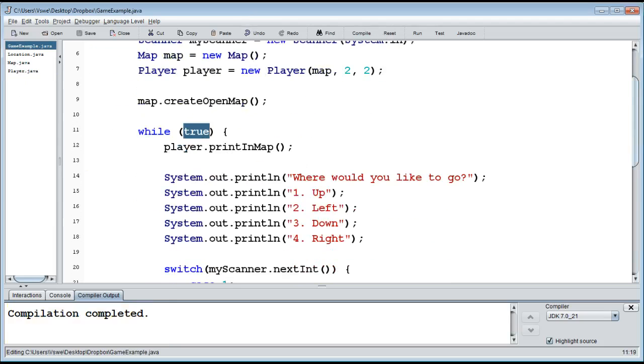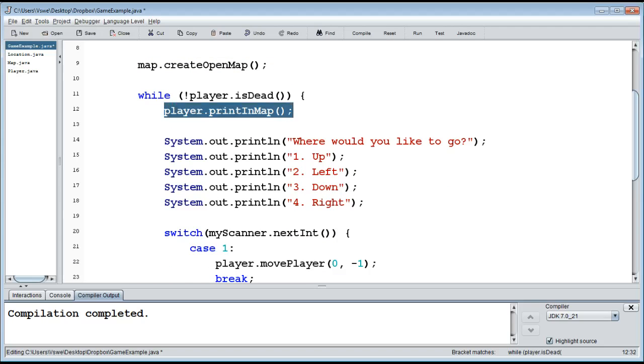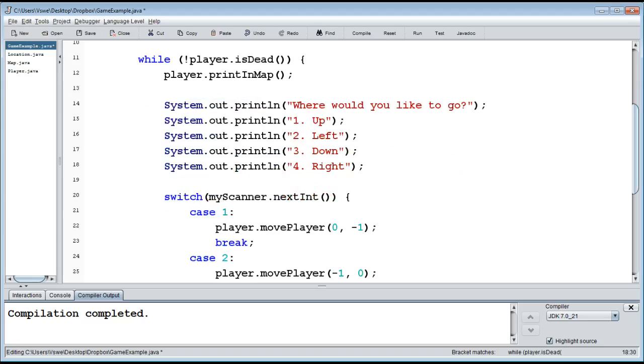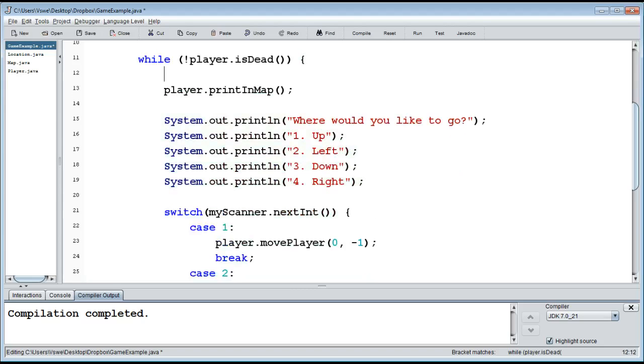So when do we want to loop this? Well, we want to loop this as long as the player is not dead, so an exclamation point there. So we loop while the player is not dead, and when we do so, we print out the map and we move around until the player dies. Okay. So far so good, but we might want to print out the amount of health the player has, so we can see that. So current health,